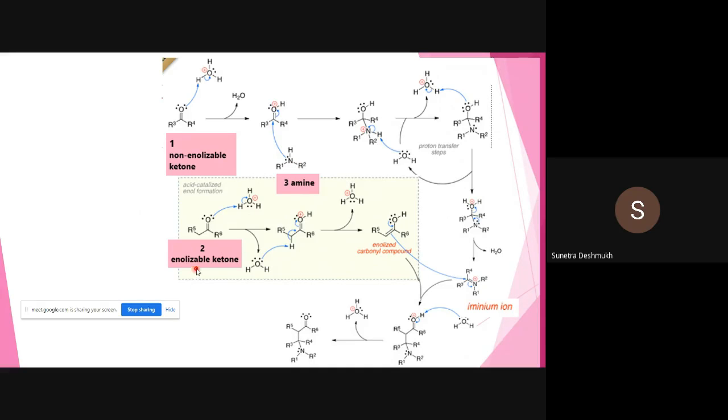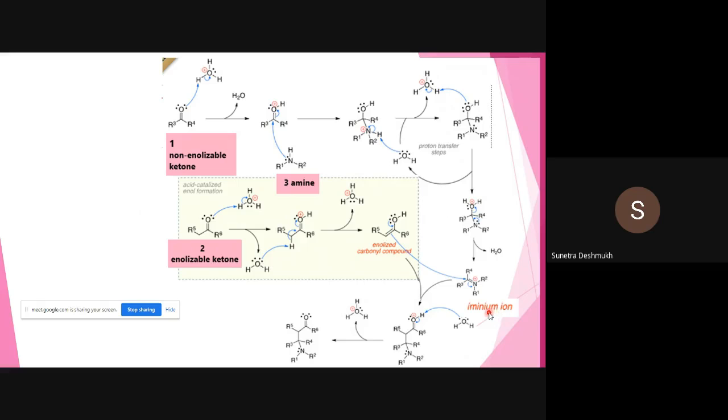So how is the enolizable ketone reacting? I have written it in this square bracket, and it automatically gets initiated in the reaction cycle. We have to first generate the iminium ion, and the enol form. Here I have generated the enolate, and here the iminium ion.